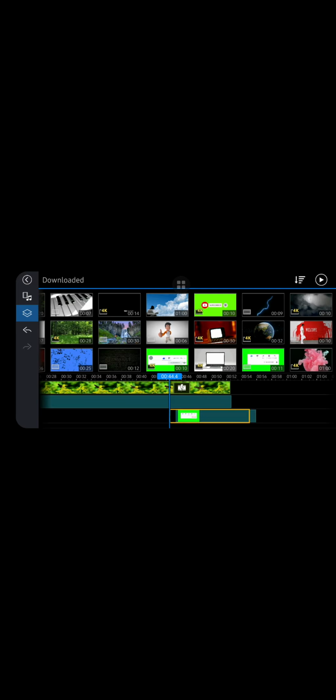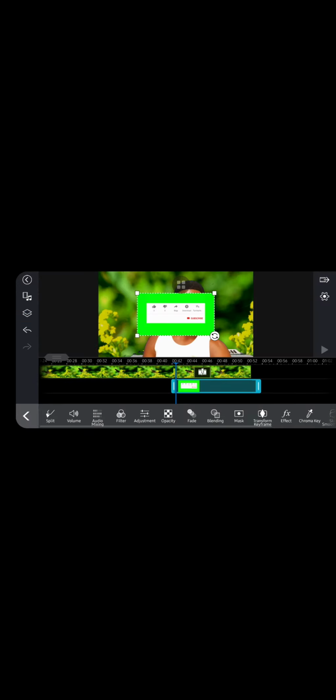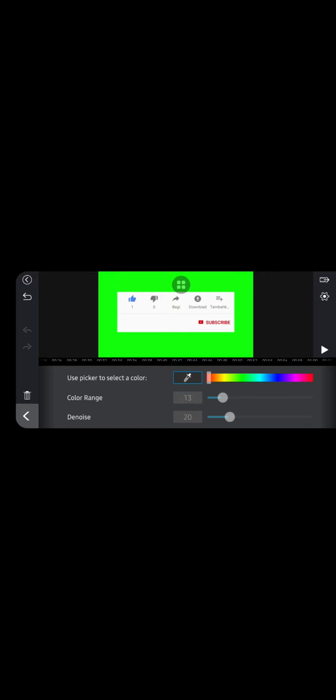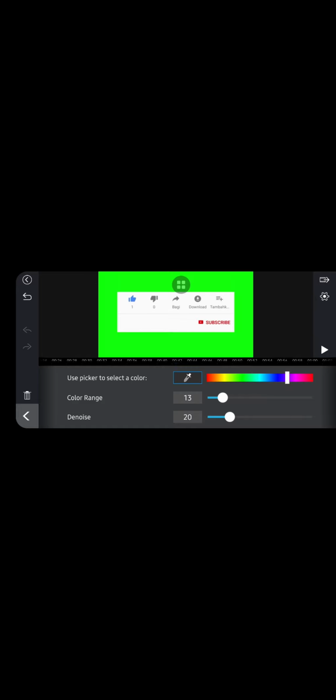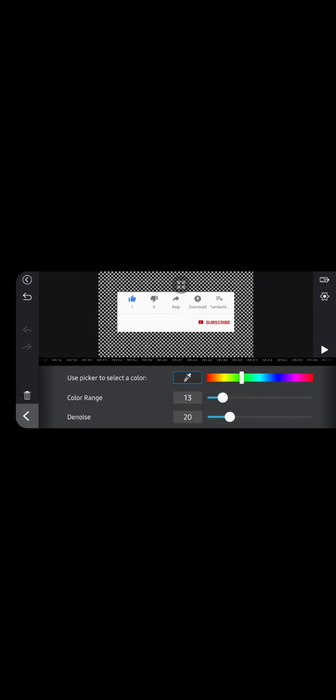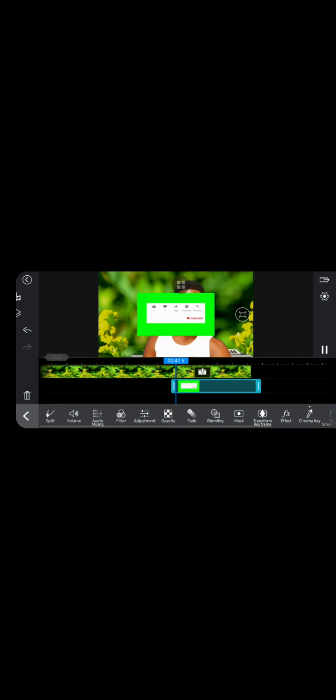Understand? So you can edit it too. You touch the Google Chrome key. You touch the middle of the knife. You see, it can only delete the green color. Understand? But if you shift this one, it will show you which one you want to delete. You understand? So for now, you cannot delete. I'm not sure you can delete white. So you only delete the other color. Understand?